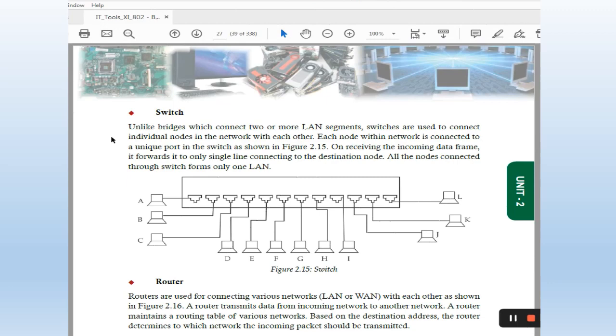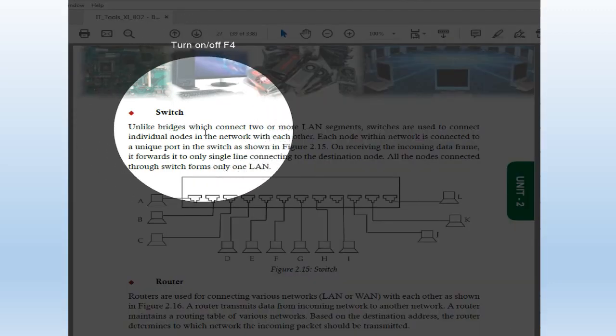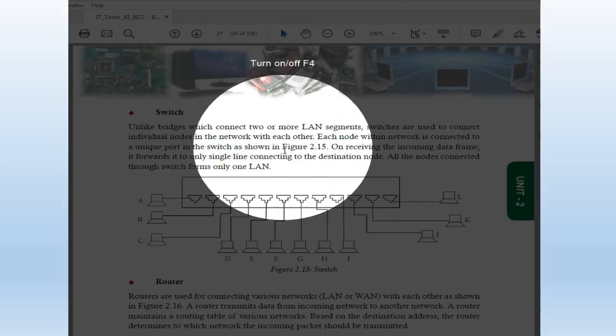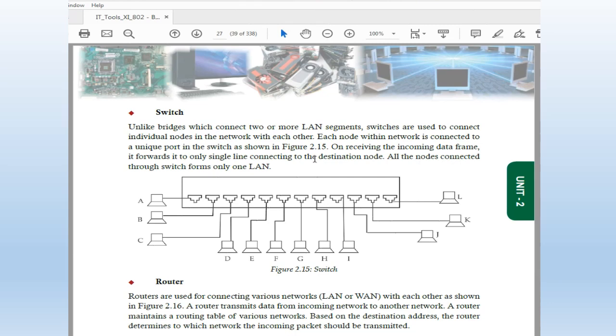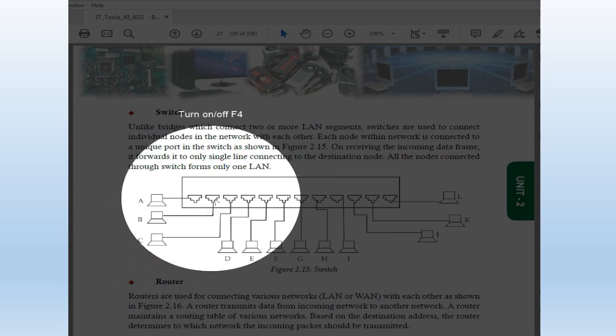Okay, students, next we have switch device. It is also a network device. Basically switch is used to connect individual nodes in the network, means individual PCs, individual computers. When we have to combine all the computers, like 30 computers, 40 computers, then we can combine them with the help of a switch. As you can see in the diagram, first A PC is here, B PC,